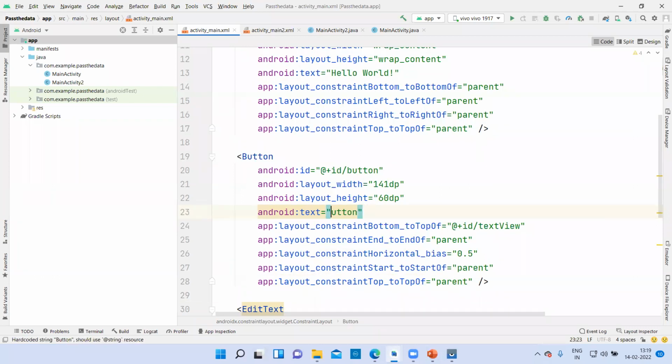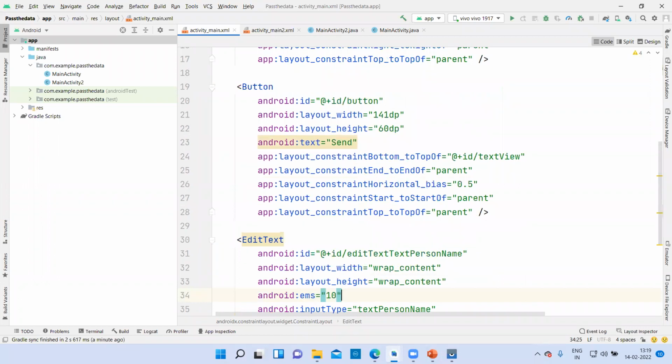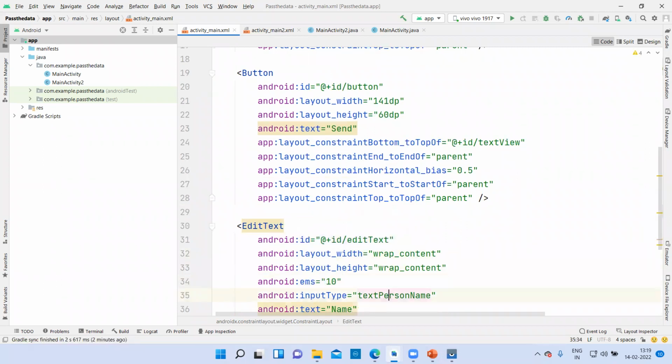I want to change this to Send because I'm sending the data from the first activity to the second activity. Fine. Now in edit text, everything is probably right. Yes, you can change this large text to edit text. That is okay.